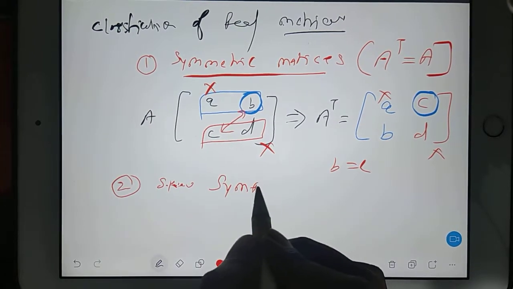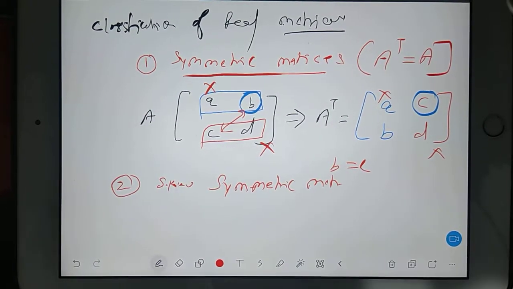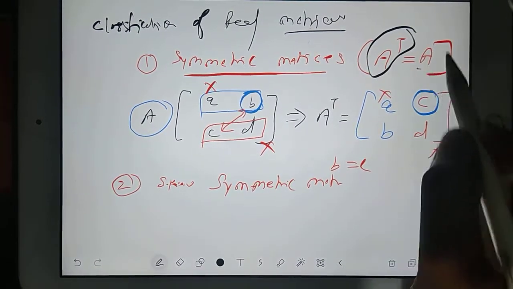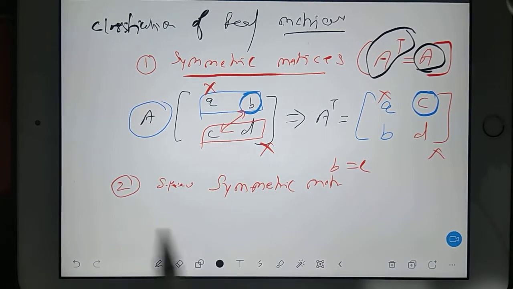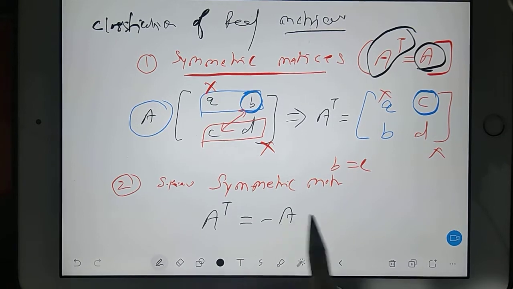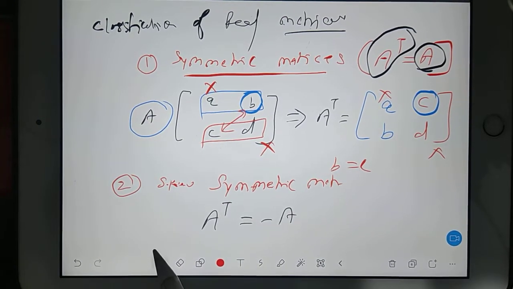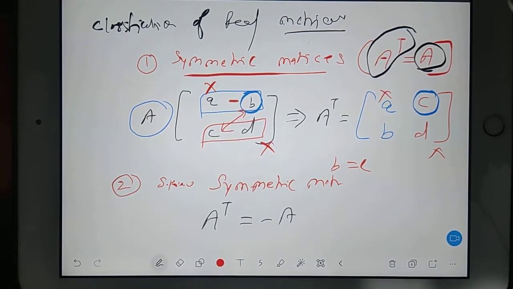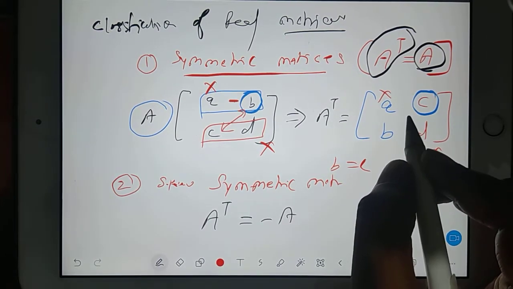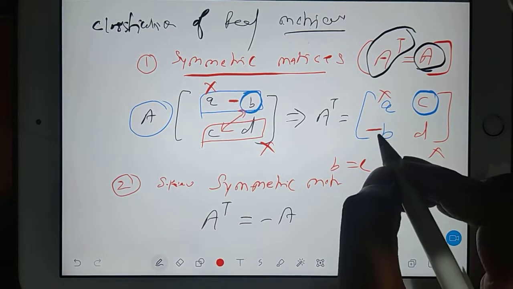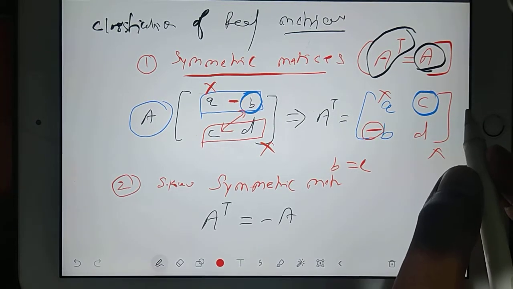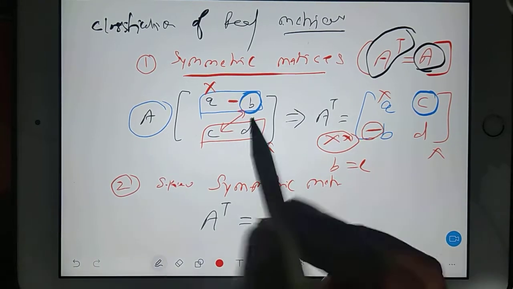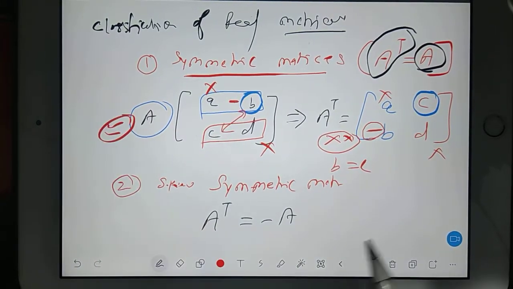Skew symmetric matrix. So what was the sense for a symmetric matrix? If you find the transpose of the matrix, you get A, and for a skew symmetric matrix, just a minus sign will come. If you find the transpose of any matrix, you get the negative of that matrix. What is the meaning of negative of that matrix? Suppose in this matrix I have given a minus sign, so this minus sign will come here. But actually this will be the wrong example. I should get some example. After this theory I will give an example of a symmetric matrix.